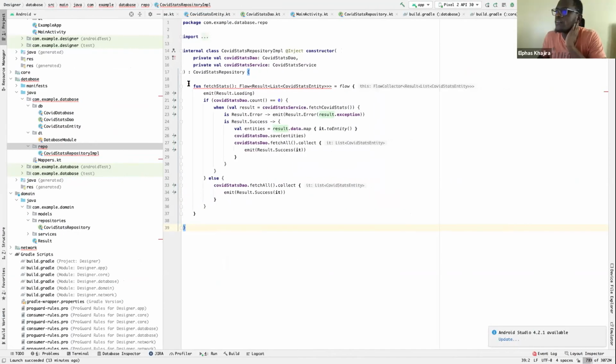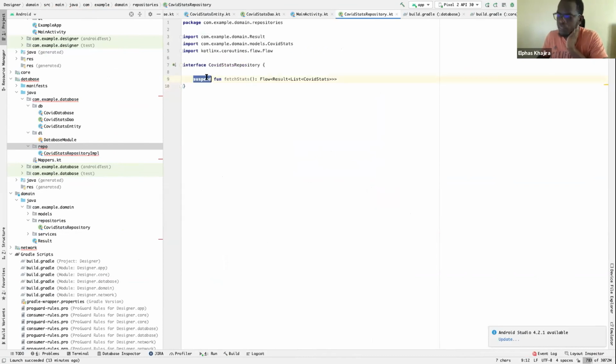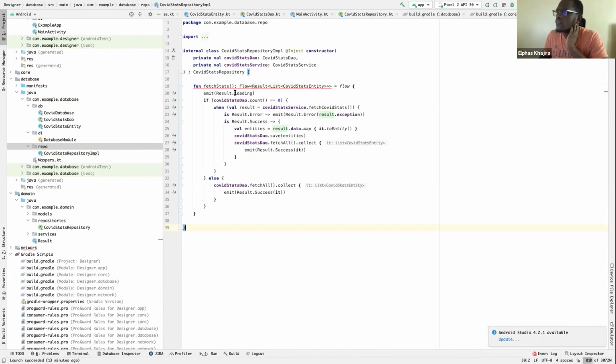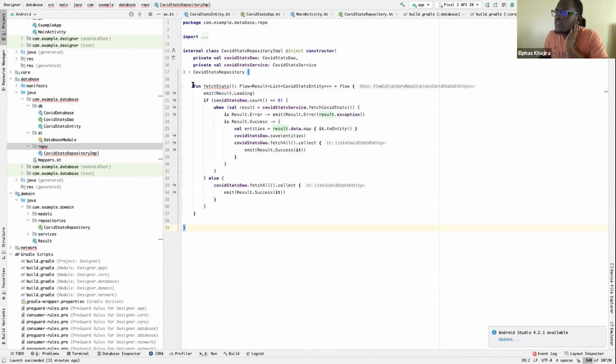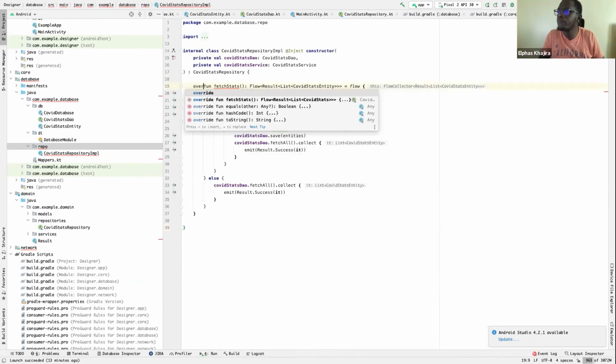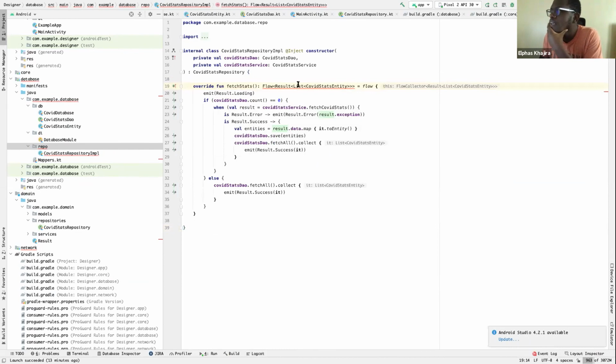Okay. So why we have that as a problem is because we have this as a suspend function. So let's just remove that. We don't need that. So yeah, we have this. So we need to have it override.